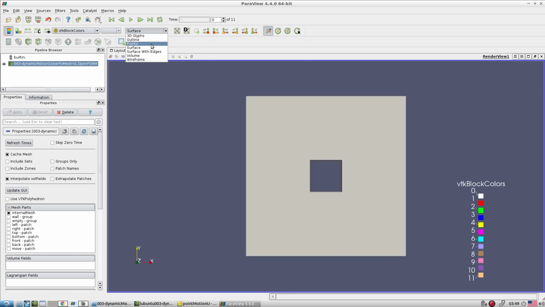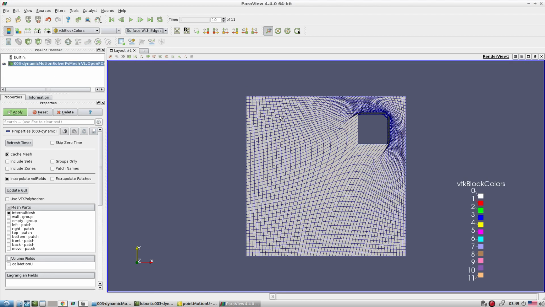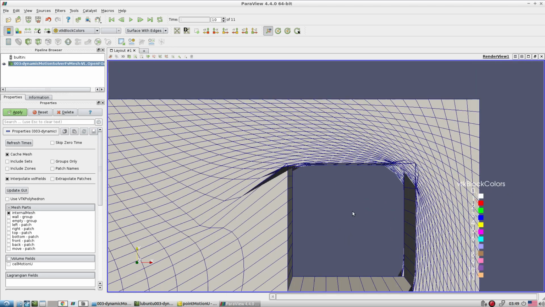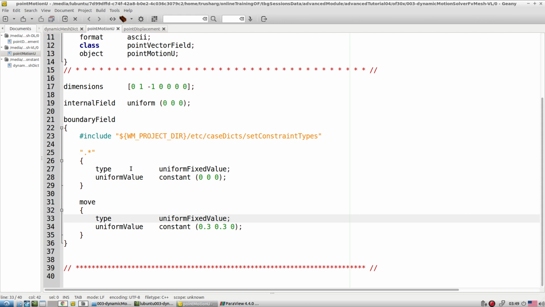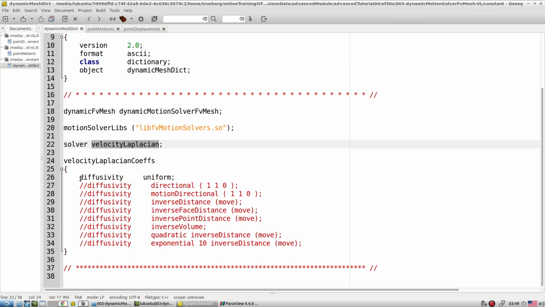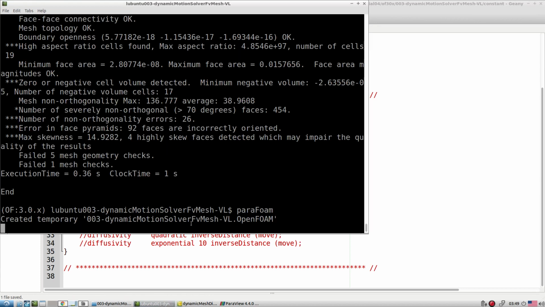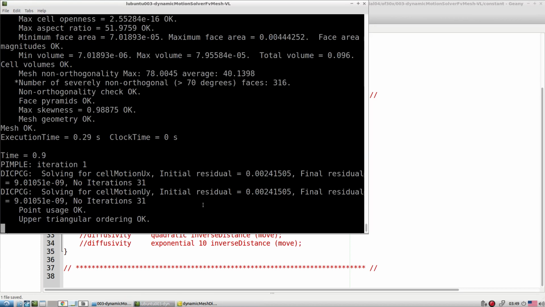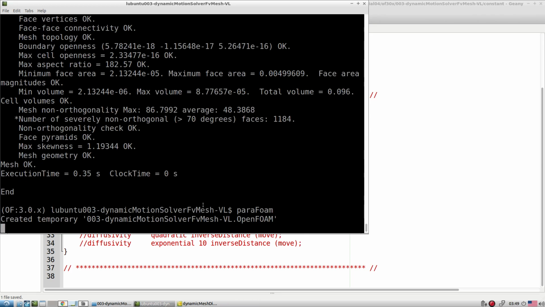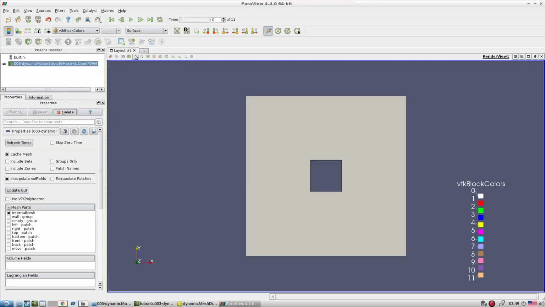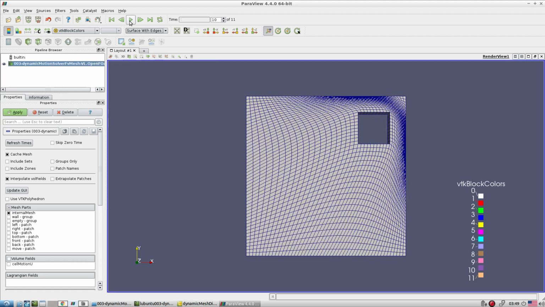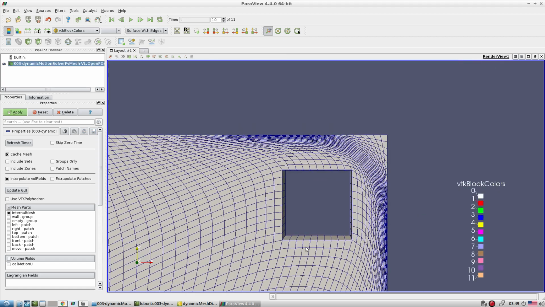So check why it is failing. Look at the test case. When it is going in one particular direction, all these elements are never going to work, okay. So that means it is failing. Where do we tune? If it is failing, the uniform diffusivity is not going to work. So let's go towards something like the inverse class of the diffusivity concept. Maybe we get some improvement, okay. So it's not failing. Then check again how it looks. Look, it's not failing, but it's about to fail later on, okay.